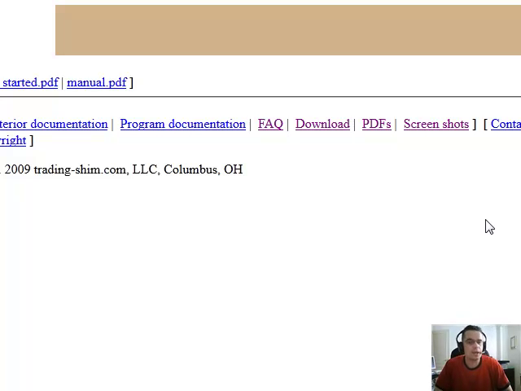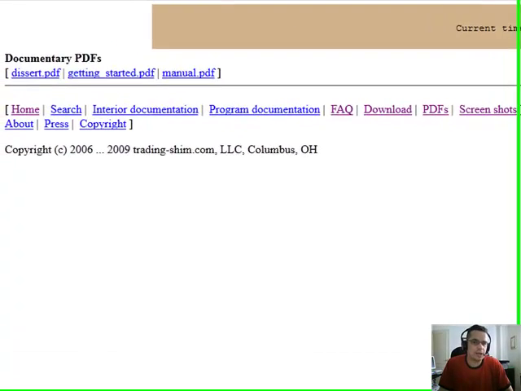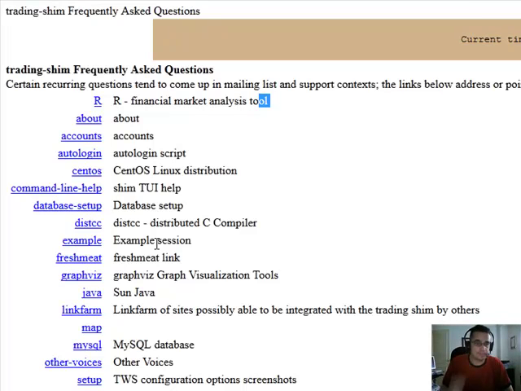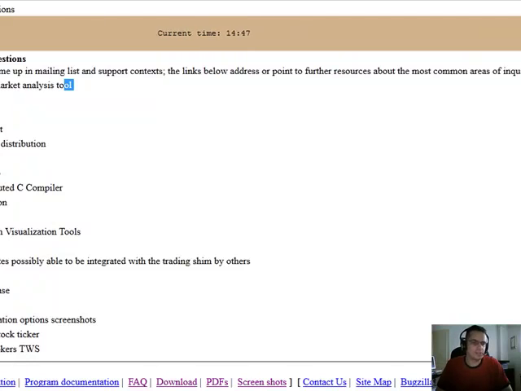Again, it's C++ only. Now, that leads me into the frequently asked questions, or the FAQ. Obviously, it's Linux based. There is some work done in Ruby. You can connect; this is a nice thing about the C++ and the R bridging. Initially, you knew I was all over this .NET C# stuff with MATLAB. Yes, it can be done. I've proven it. I've put up videos on it, but I do see latency with it.